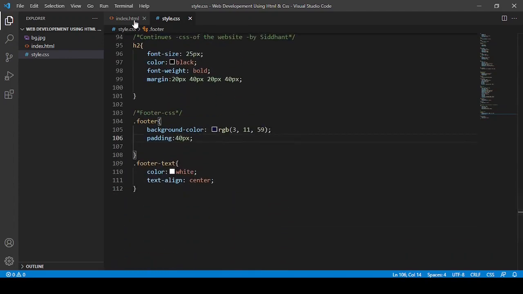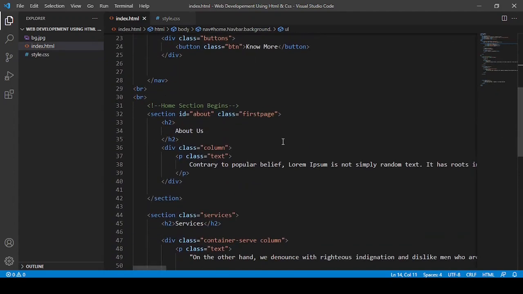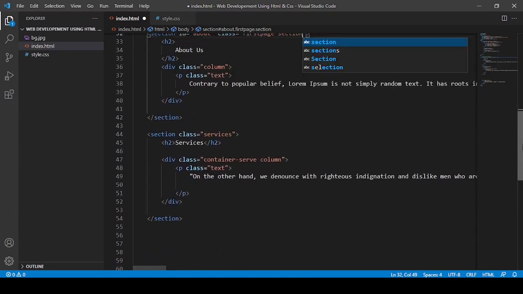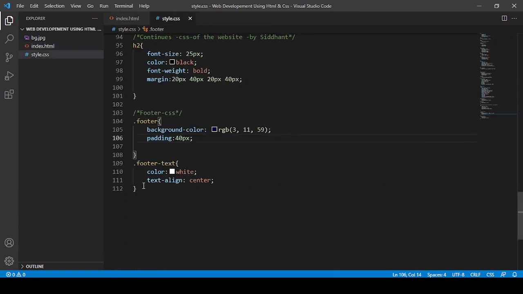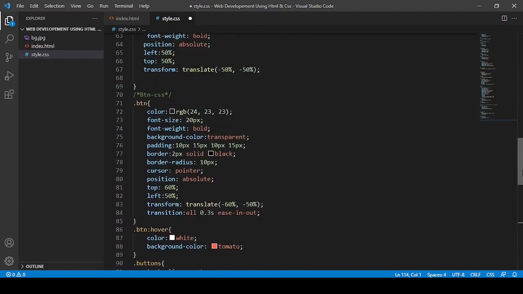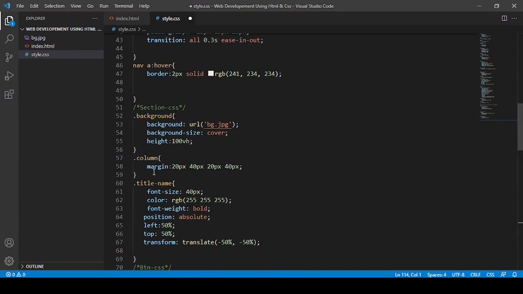Oh, okay, then I will make one class here, not here. Yeah, here I will say one section, and here also I will say class. In one also I will say section. I will just save it, and then not here actually, in this home. Where is home? Yeah, section css.